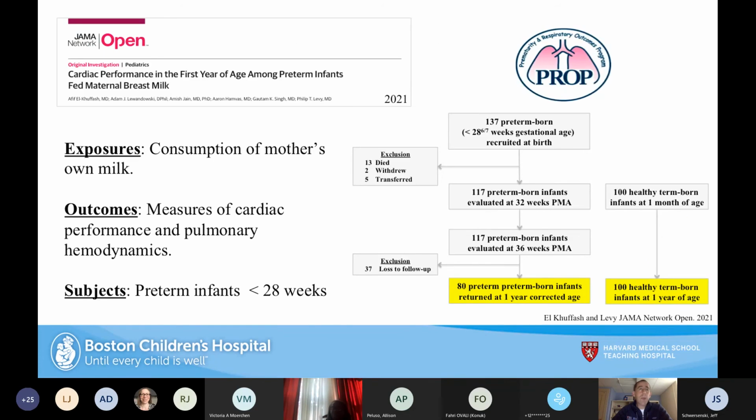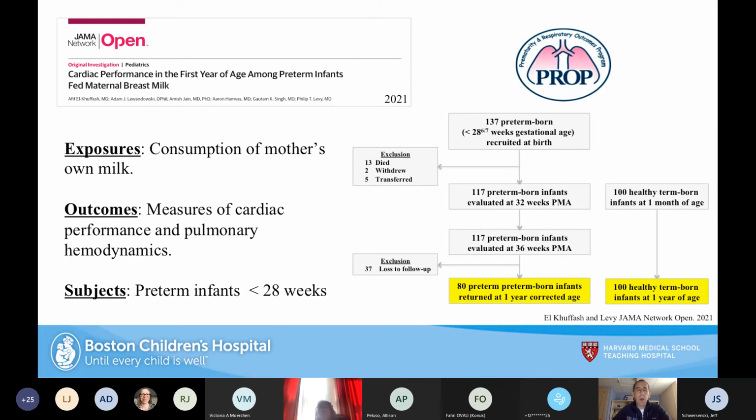So we decided that we needed to now apply these measures with outcomes. So the outcome measures were going to be the cardiac performance and pulmonary hemodynamics. Our exposure in this group was going to be consumption of mother's own milk. As I mentioned, we acquired detailed nutritional phenotyping over that first 30 up to 36 weeks post-menstrual age and discharge. And the subjects were the preterm infants. So we recruited 137 infants at birth, followed 117 to 32 weeks, 36 weeks, and 80 preterm infants returned at